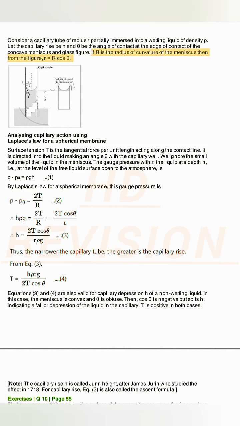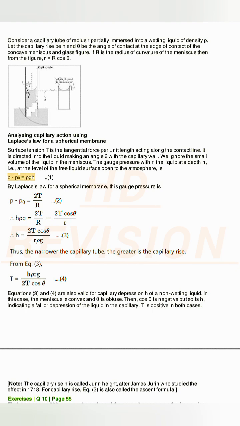If R is the radius of curvature of the meniscus, then from the figure, R equals r upon cos θ. Analyzing capillary action using Laplace's law for a spherical membrane. Surface tension T is the tangential force per unit length acting along the contact line. It is directed into the liquid making an angle θ with the capillary wall. We ignore the small volume of the liquid in the meniscus. The gauge pressure within the liquid at a depth h, that is, at the level of the free liquid surface open to the atmosphere, is